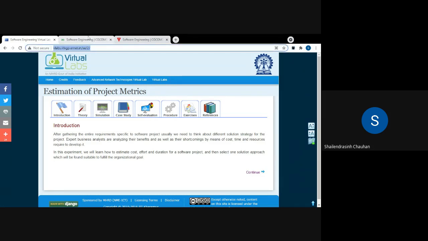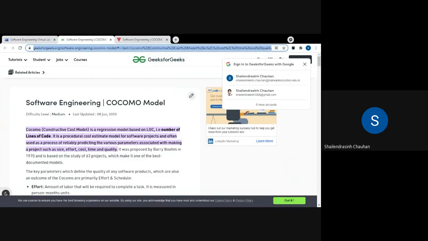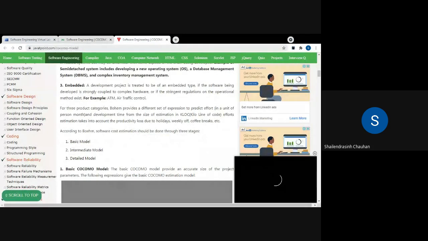This is one website which is important, and you can get descriptions from these links also. On these links it is nicely explained.